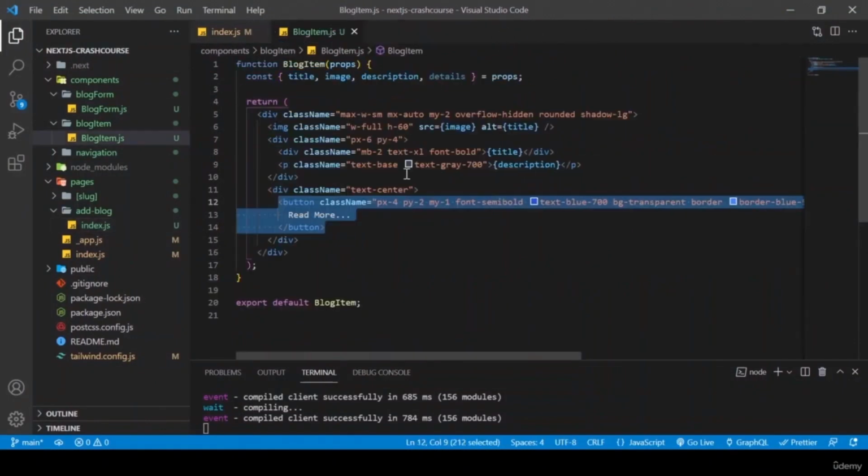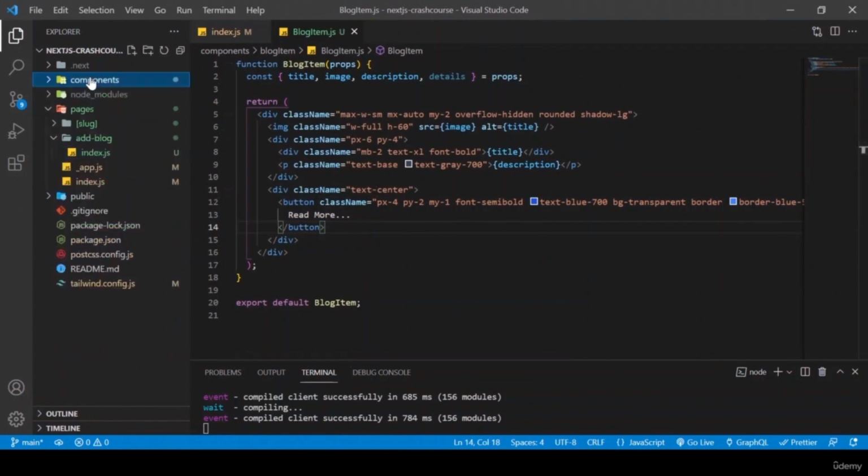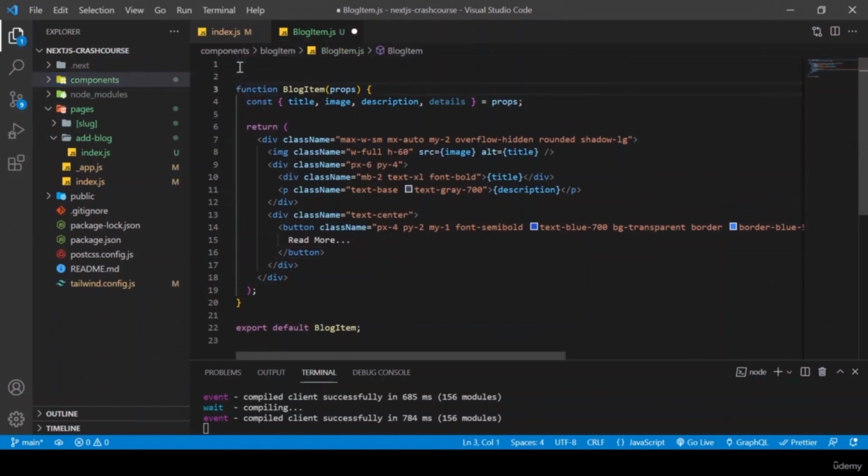I'll quickly collapse these other tabs. And in the blog item page, let's see how we can navigate programmatically. Now, navigating programmatically, this is the blog item page. So when we click, we need to go to the slug page, that is the page for each individual blog post. So in order for us to navigate programmatically, I'm going to import